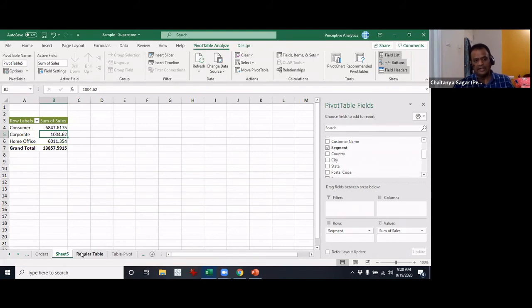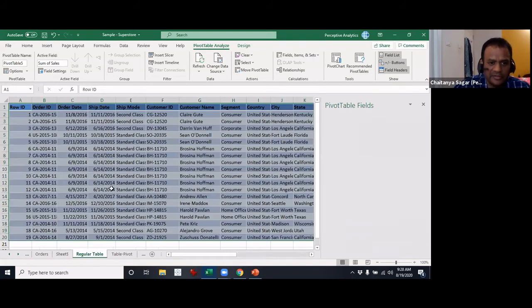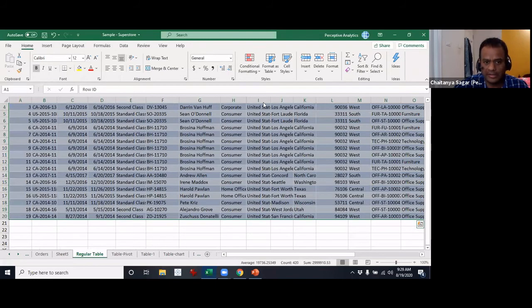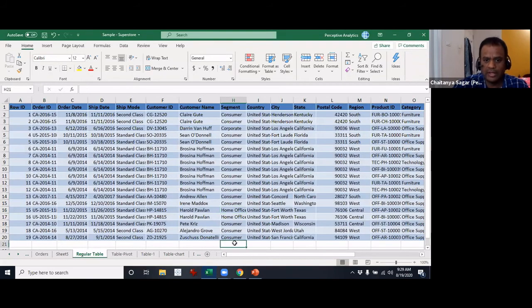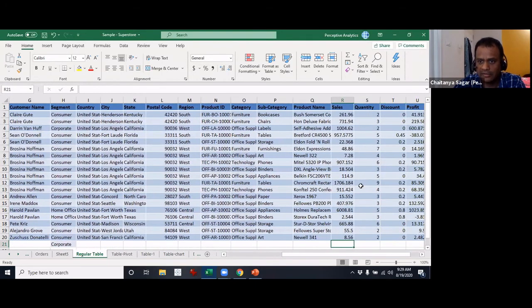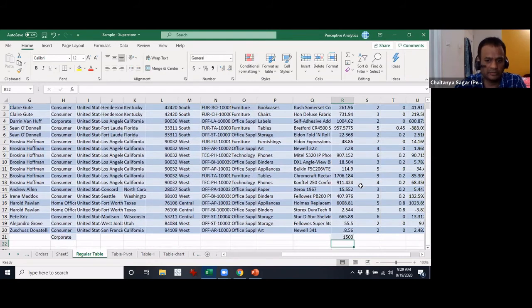Let us assume that a new data point has come in, and all I'm going to do here is add in this segment and add some sales to it, because these are the only two fields that we are using. I'll call this corporate, and let me go over and enter in sales. Sales is right here. Let's say this is 1,500.